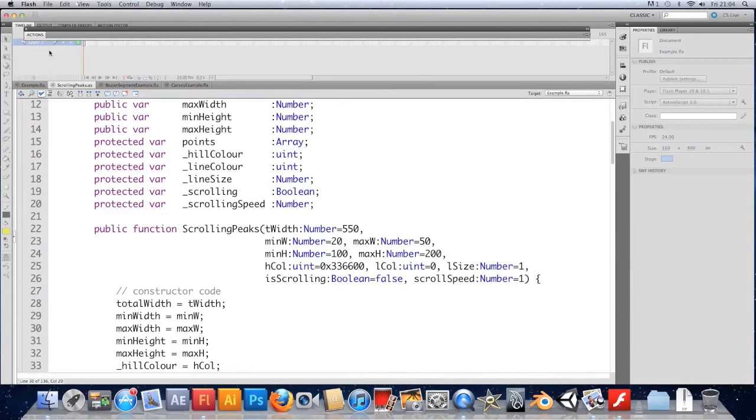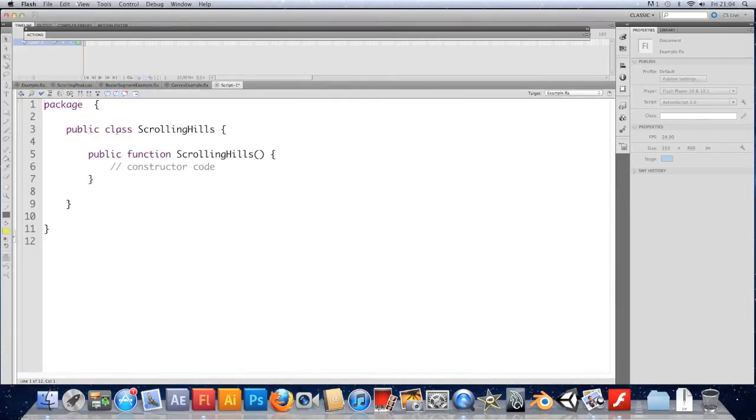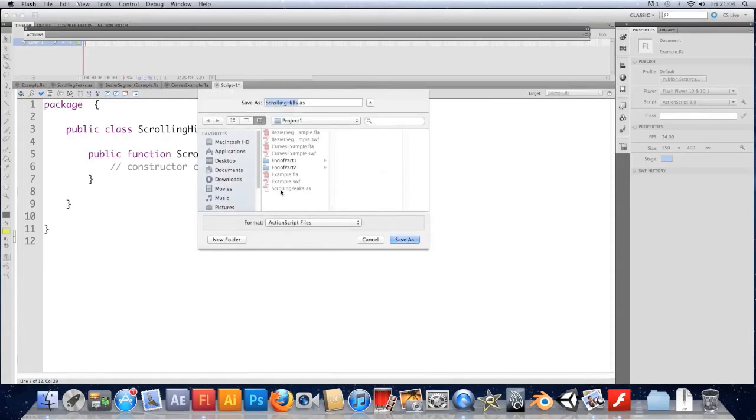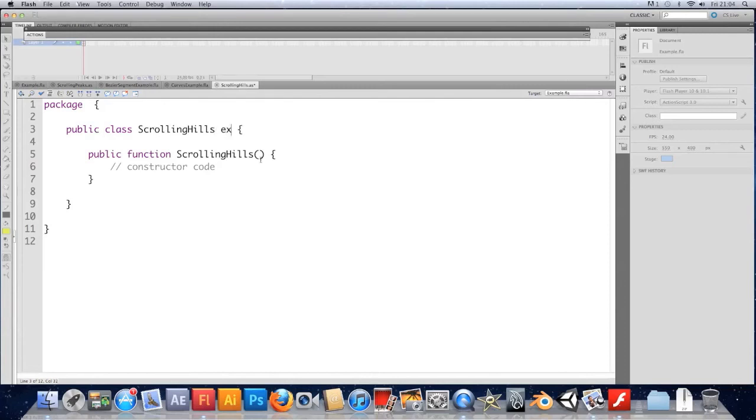instead of peaks. So let's go File, New. I'm going to make a new class or a new AS file, depending on which version you're in, and we'll call this ScrollingHills. Hit OK, and we're taken to a new AS file. With ScrollingHills, make sure it's saved in the same place as ScrollingPeaks. So mine's desktop project 1, ScrollingHills. OK. And public class ScrollingHills is going to extend ScrollingPeaks this time. So we're actually extending the class we've made, and just to make sure that's working, I'm going to save it